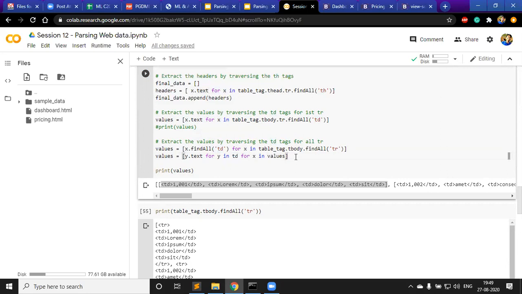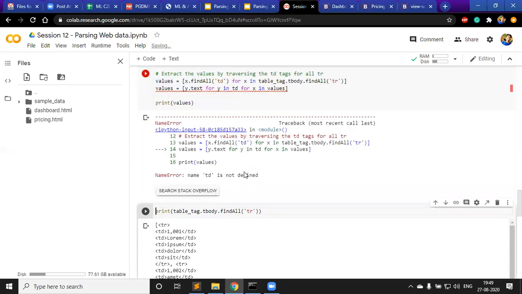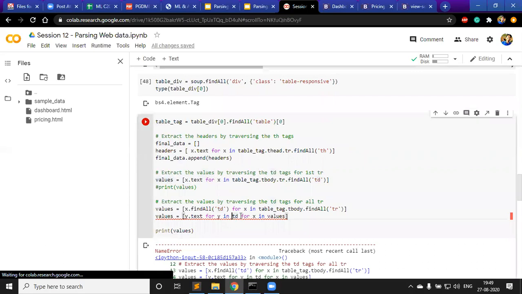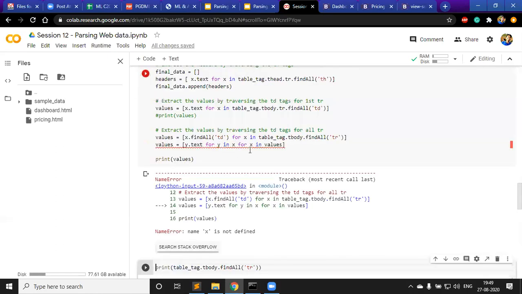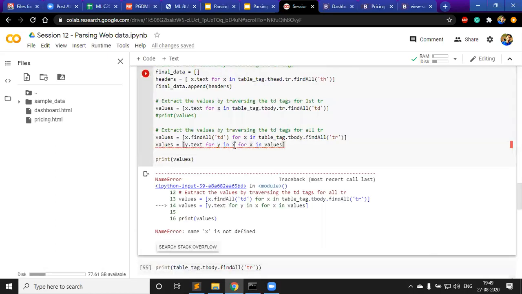Doing this looks like there is some issue here. Again, let's